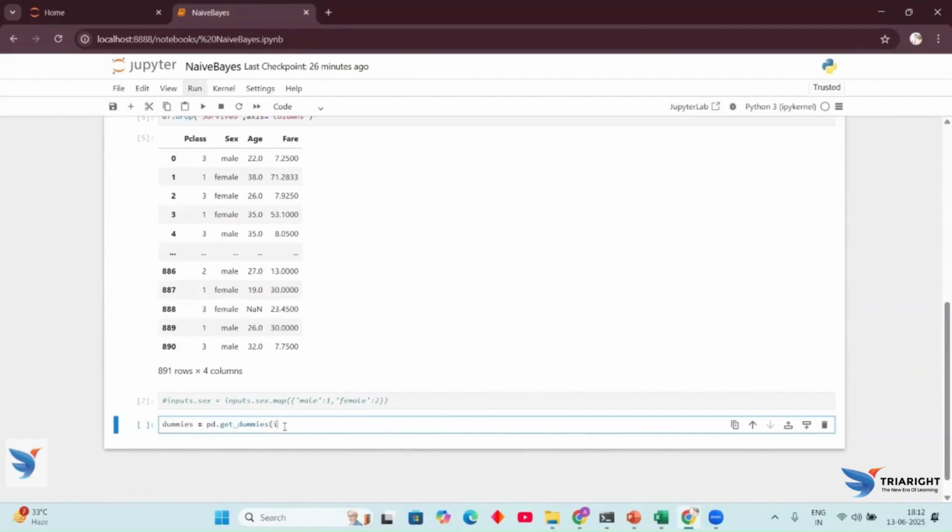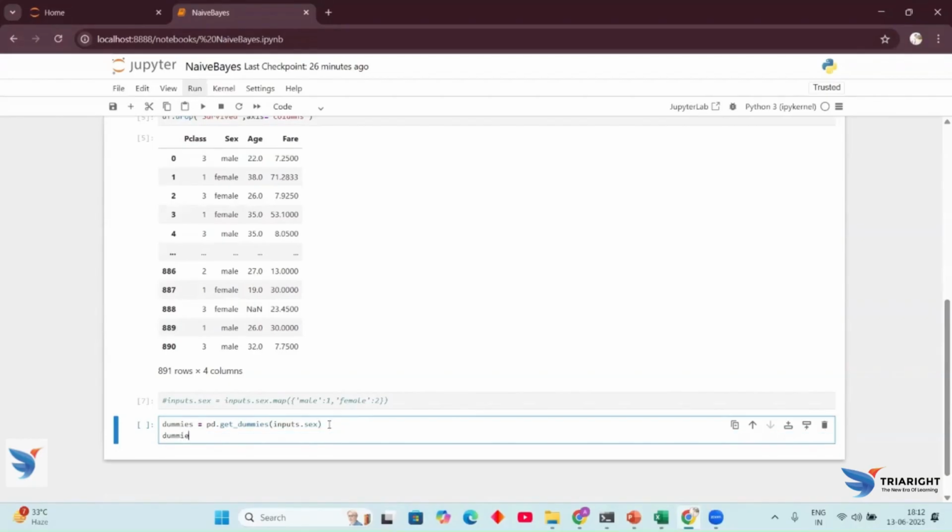Now we can easily import the inputs from here because we already assigned the variable, inputs.sex, so we can easily import from there. From these, I'm making dummies. Sorry, dummies dot sex. I want to represent the data as